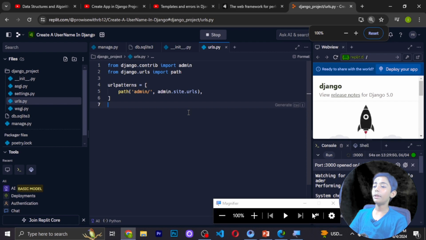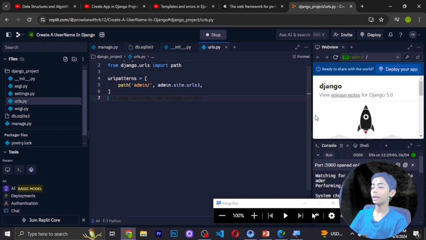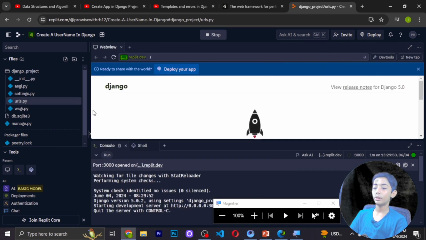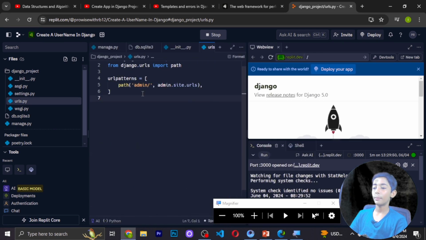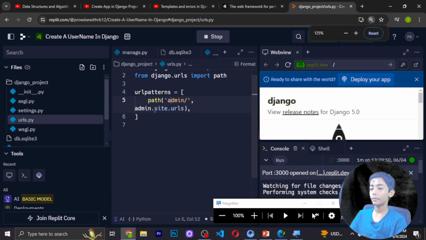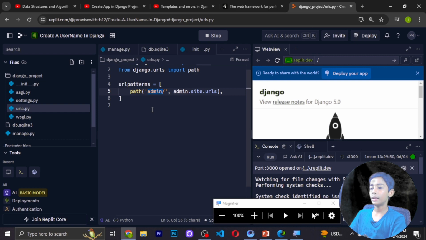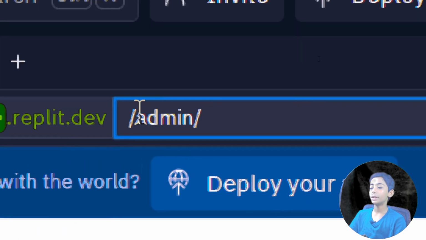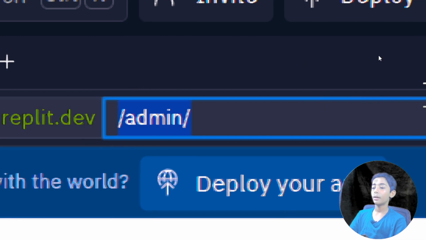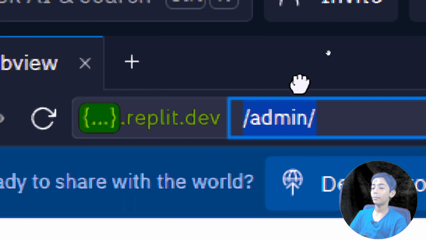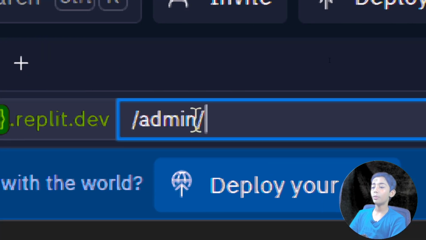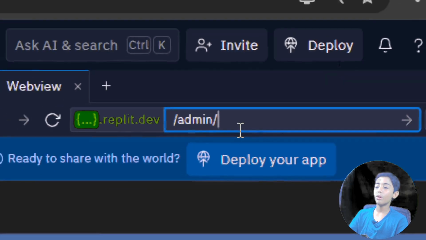And now let me tell you how to create a username. First of all, we create a username, so first of all, what you can do, we are just doing this. Okay, now select this admin thing, select it, and here paste it like that. Okay, and then press enter. When you press enter, then you go onto your browser.